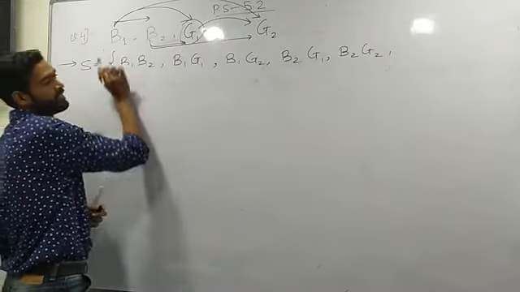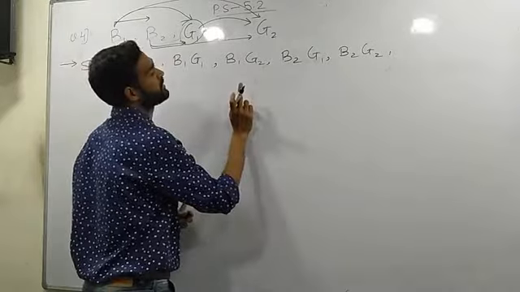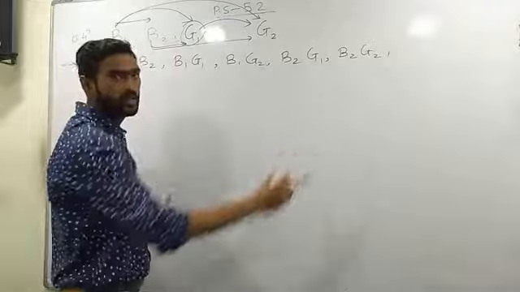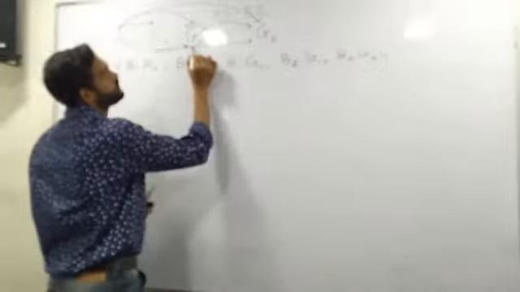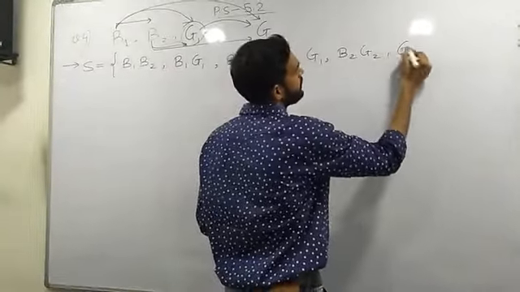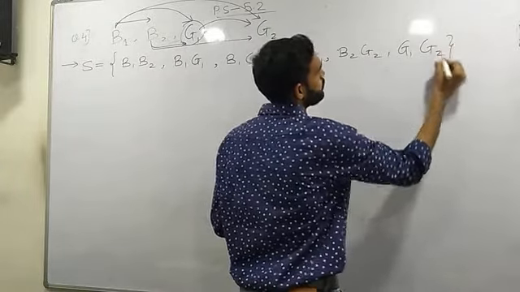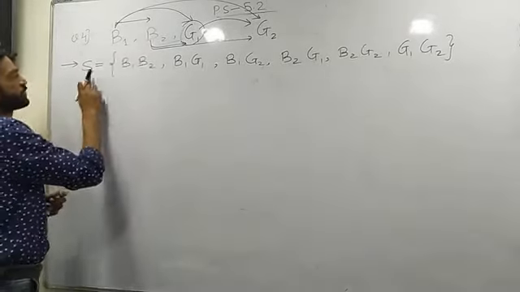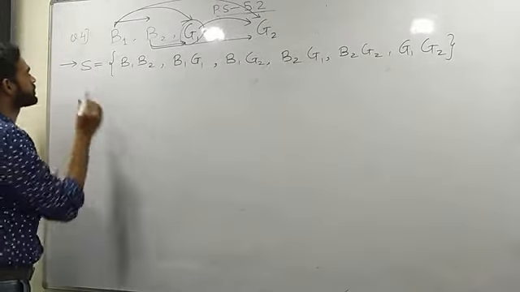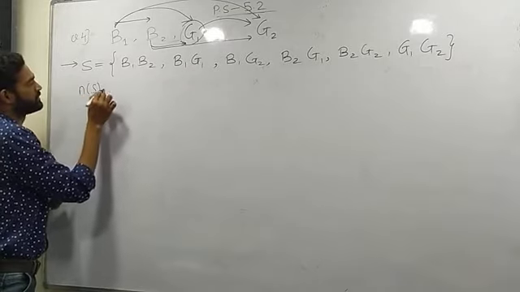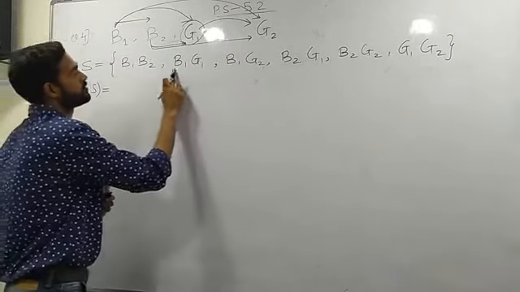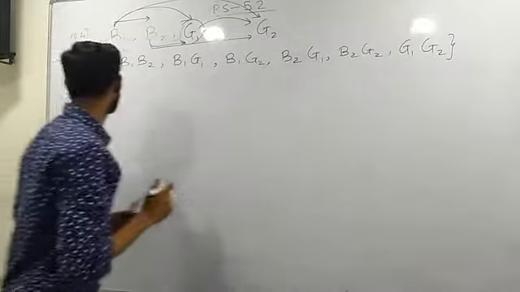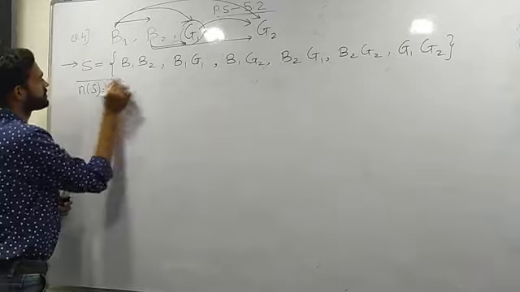Look, where is G1 B1? This one. G1 B1. So I cannot come back, but yes, I can move ahead. We can take a step further. So G1 and G2. So girl number 1, girl number 2. These are all the possibilities. So this becomes my sample space. Let us count the number of sample space. 1, 2, 3, 4, 5, 6. So the number of sample space is 6.